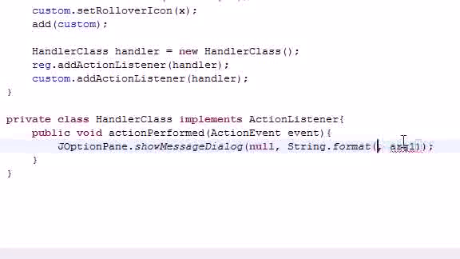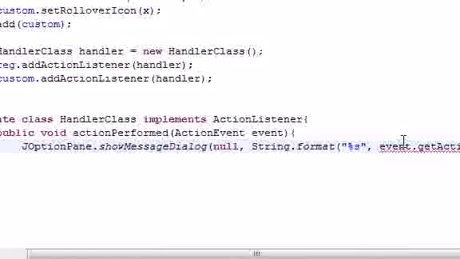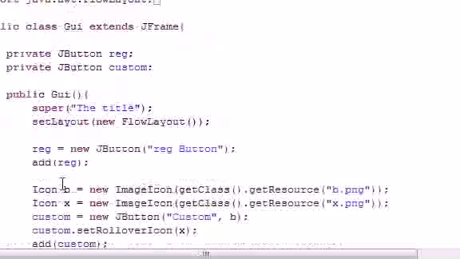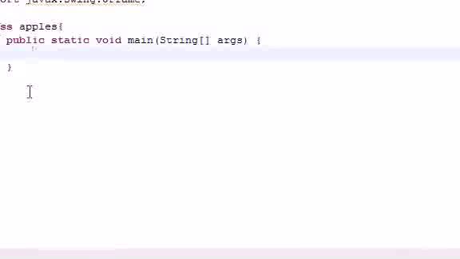The first one will be nothing fancy, just %s, and the second argument will pretty much be event, and you'll see what this does later on. Nice little surprise for you. Get action command, just like that. And now I just gotta make sure I don't have any errors, and now that we don't, we can go ahead and call this main